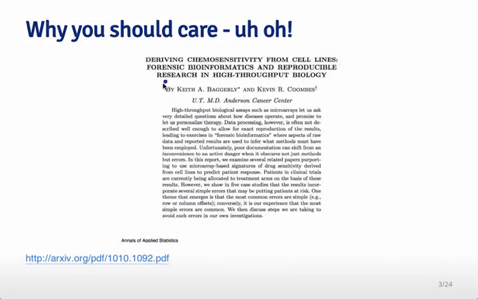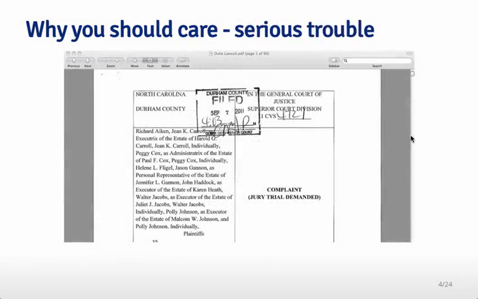Unfortunately, they actually performed a very flawed study design and a very flawed statistical analysis, which was pointed out later in this paper. Even more unfortunately, the study had already been ongoing for a long time, and they had actually started clinical trials where they were using those predictions that they had developed in the earlier study to decide what chemotherapies people should get. This was causing all sorts of problems for people because they had performed a poor analysis. So this ultimately led to a lawsuit from the people that were enrolled in the clinical trial against the original investigators who developed the predictive model. This illustrates how a very exciting result can lead you astray if you're not very careful about experimental design and